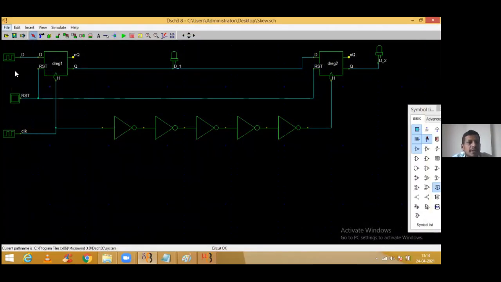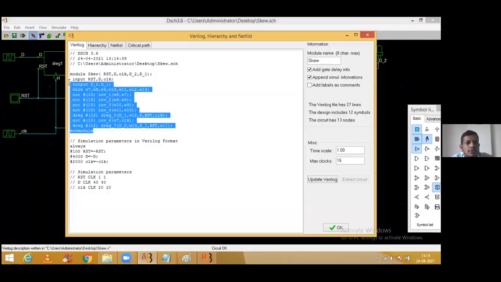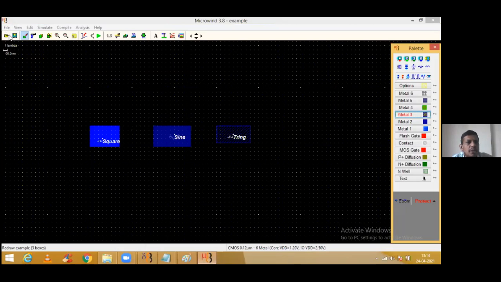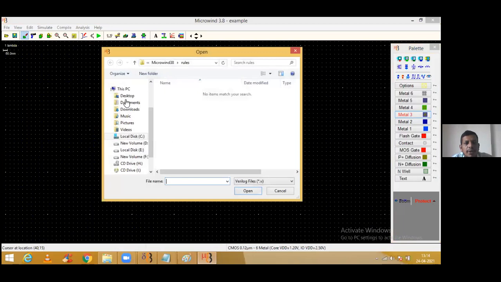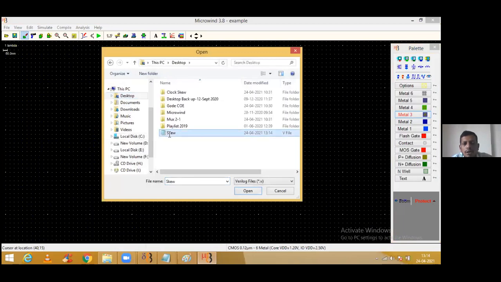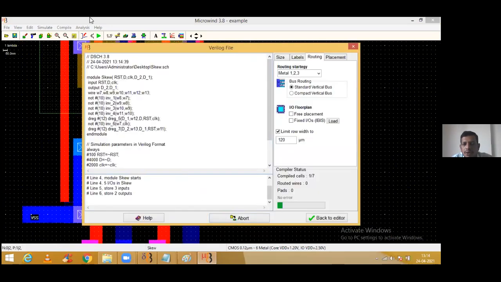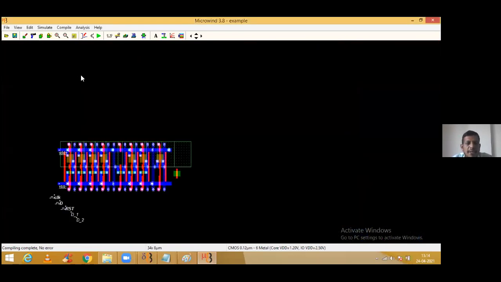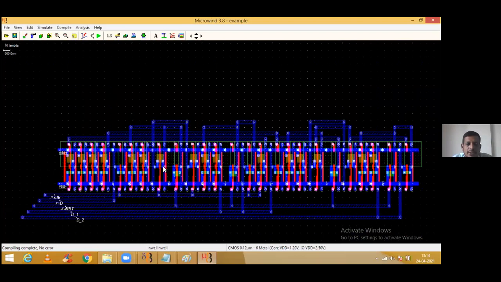Likewise, this Verilog file, you already observe every step is available over here. Say okay to this one, go to your Microwind. First of all, you need to check out the Foundry and then compile the Verilog file. I hope you all are with me and understanding the concept. There is no error. Back to editor. So definitely, guys, that is quite a complicated structure because we are using more latches and inverter structures, not gate structures, inside the design.